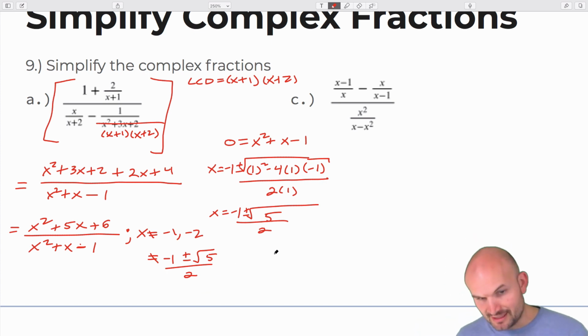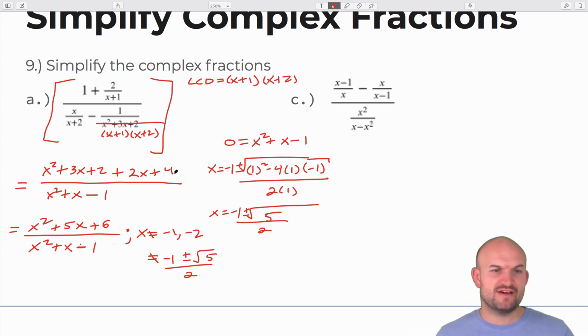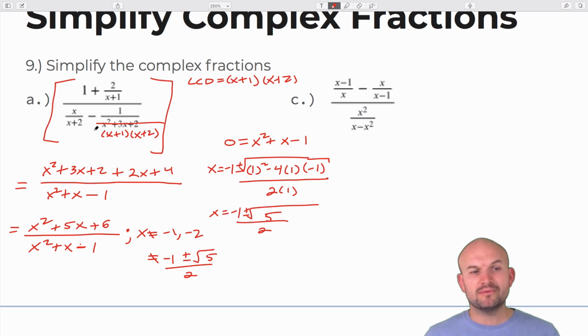So again, when you're identifying the excluded values, find the excluded values from the original problem and then from your simplified solution. And this is non-factorable, therefore I knew it wasn't going to divide out with anything else. All right, last example here. I'm going to want to